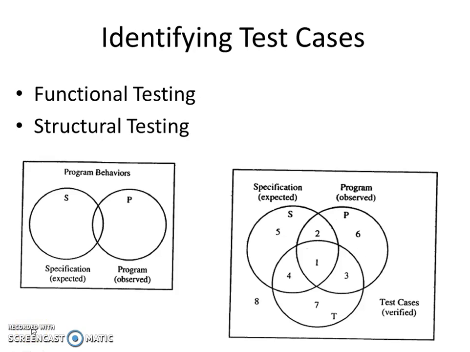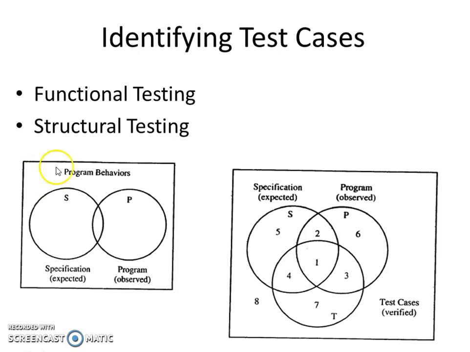Testing is concerned with behavior. In order to derive a test case, a differentiation between the structural view and the functional or behavioral view is required. The structural view focuses on what a system is, and the functional or behavioral view focuses on what it does. The Venn diagram gives a brief idea of the specifications of a system and the corresponding program behavior based on which the test cases can be derived.